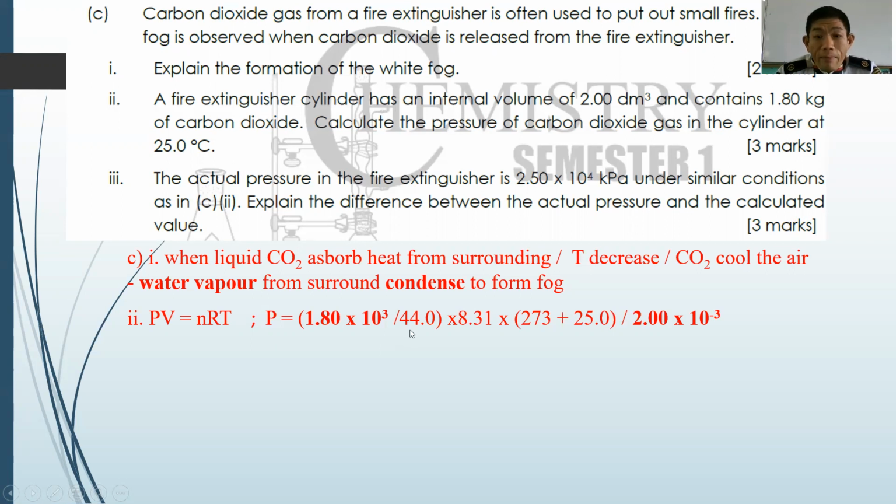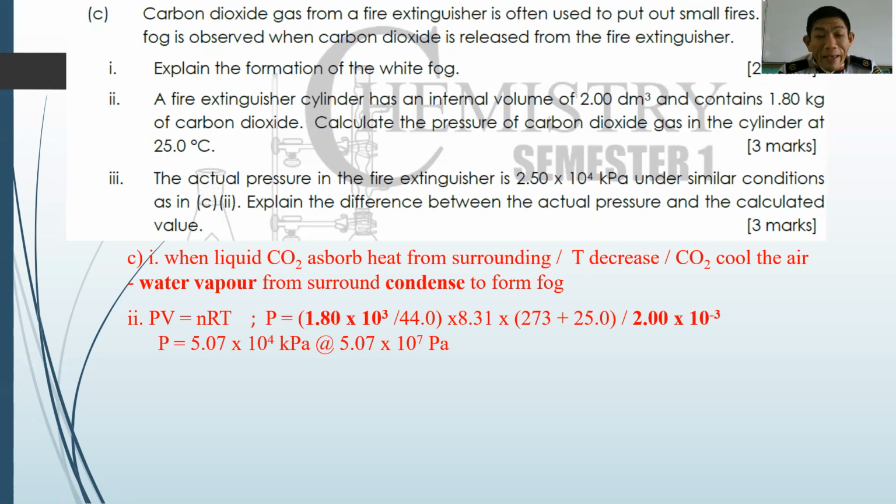So divided by the molar mass of carbon dioxide, which is 44. Then divided by the volume, which is 2.00 decimeter cube. So decimeter cube you have to convert to meter cube. That is why you have times 10 power of negative 3. Okay, and when you substitute the values, please always bear in mind, substitute as exactly given in the question. If the question gives you 2.00, substitute 2.00. If the question gives you 1.80 kilogram, substitute 1.80. Okay, so after you press your calculator, you can calculate your pressure is 5.07 times 10 power 4 kilopascal